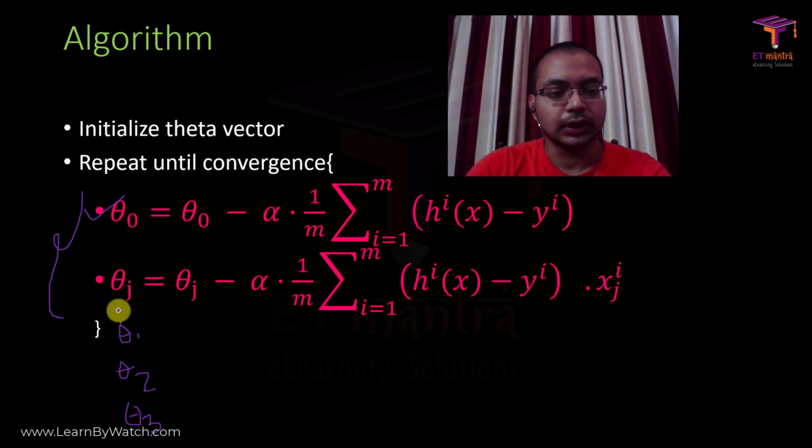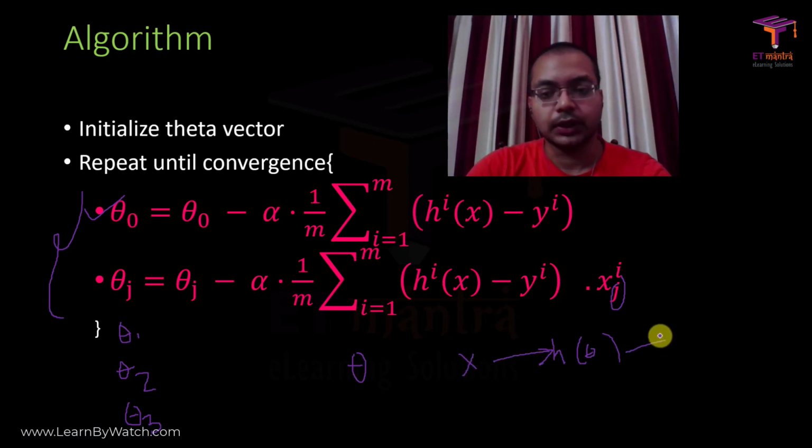So for theta 1, j would be 1 here, here and here. For theta 2 similarly j would be 2 here, 2 here and 2 here, and similarly for 3. After we have got our vector theta, we can now use the hypothesis function, which is h of theta. We'll input our input features and we'll get our predicted label, which is the price of the house.